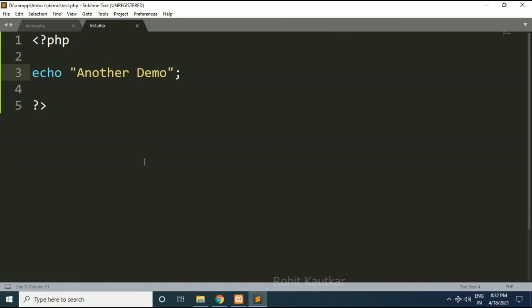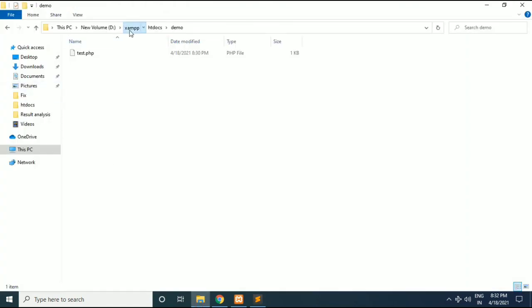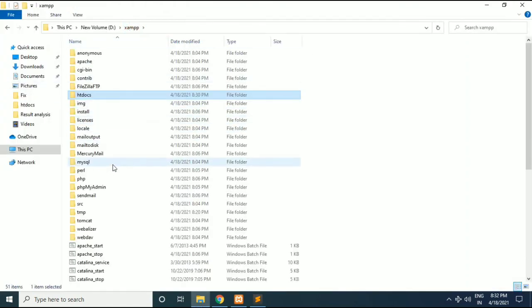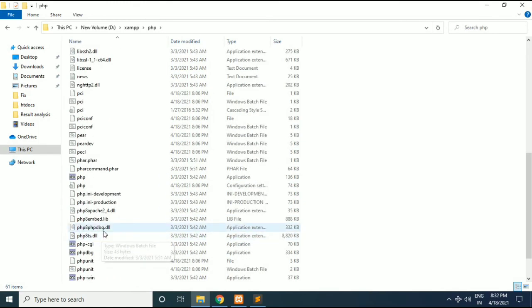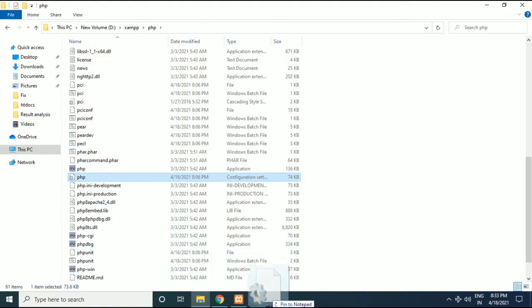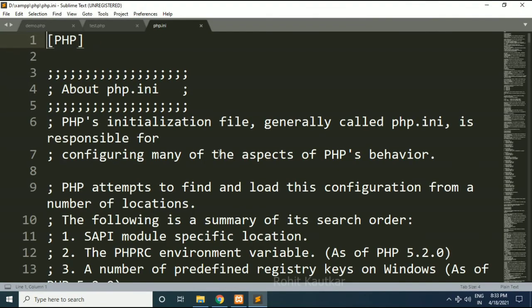Now friends, I will show you the configuration files of Apache and PHP. For that I will visit the XAMPP directory. Here, first of all, in the PHP directory, I will show you the configuration file of PHP. You can see this is the configuration file of PHP. I will simply open it in Sublime Text.